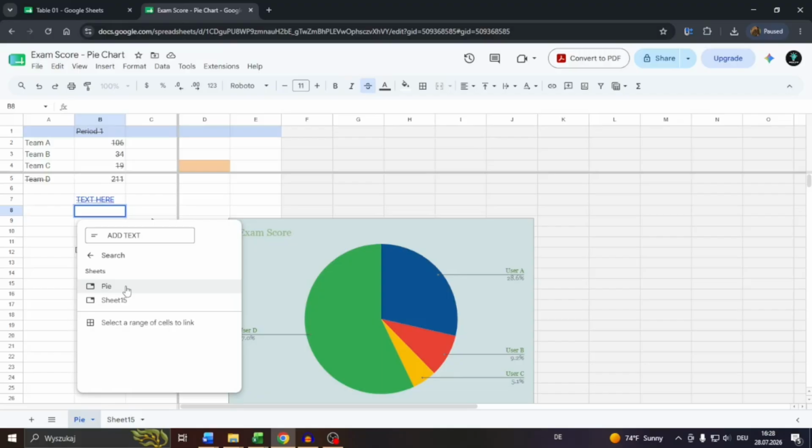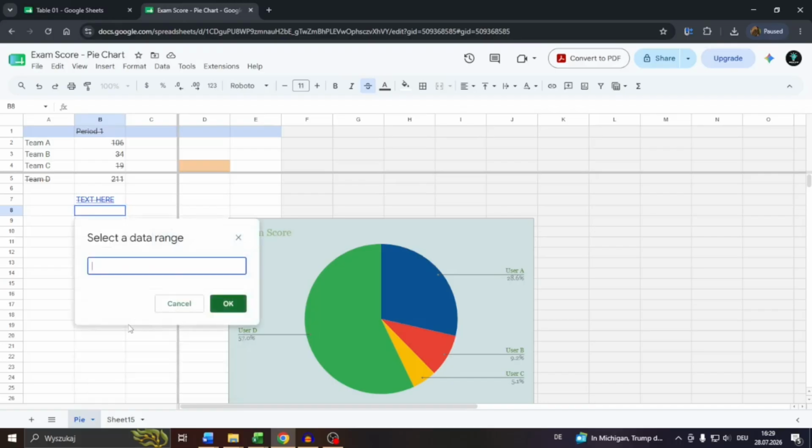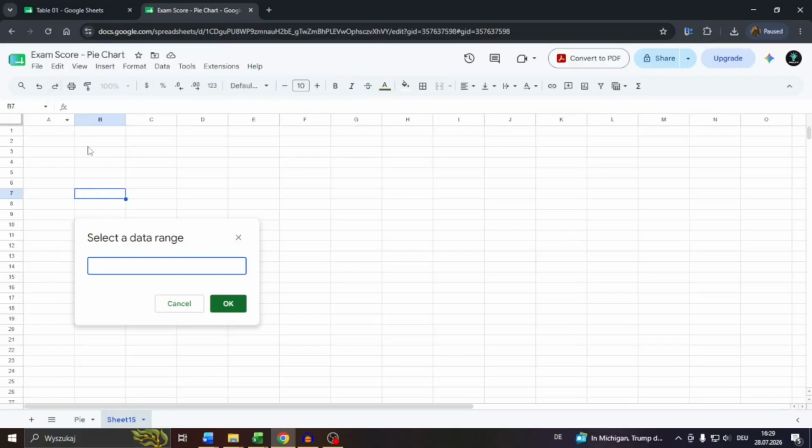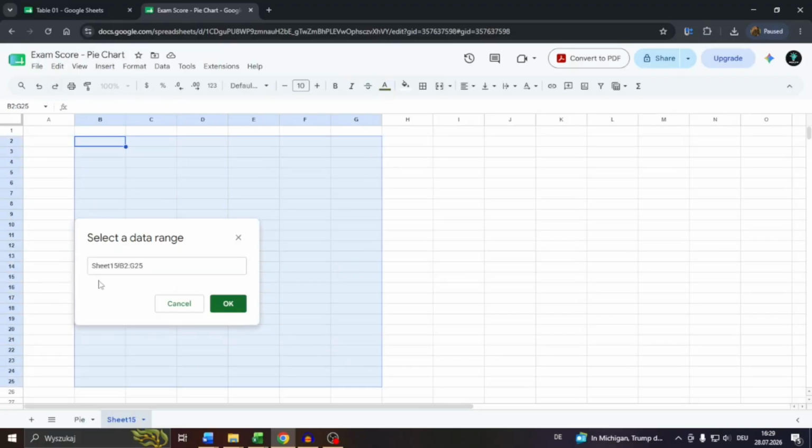Then you may select the sheet or the tab from that list here, or you can also select a range of cells, right? So navigate to the given tab, select the range of cells, like this, you will see the selection here. Or if you'd like to link the entire document, click into this field in the top left,